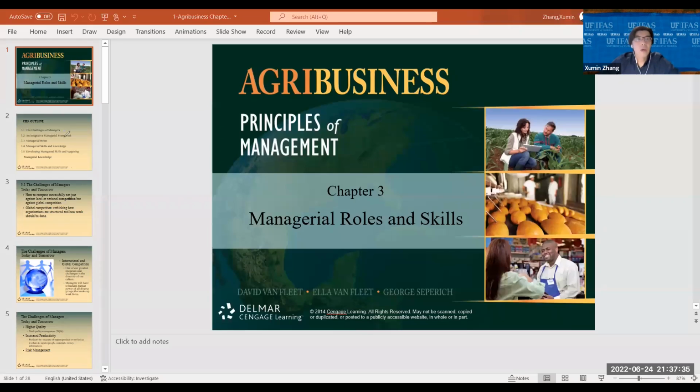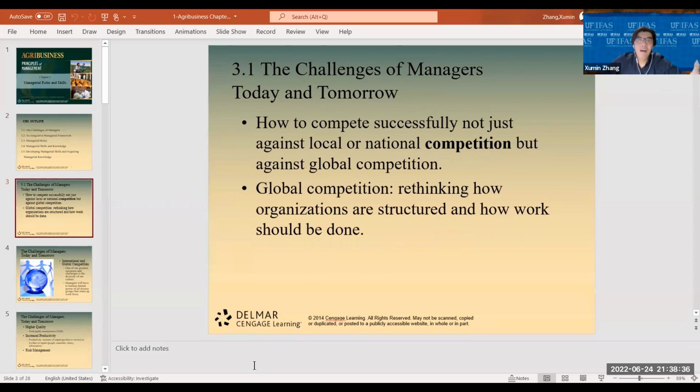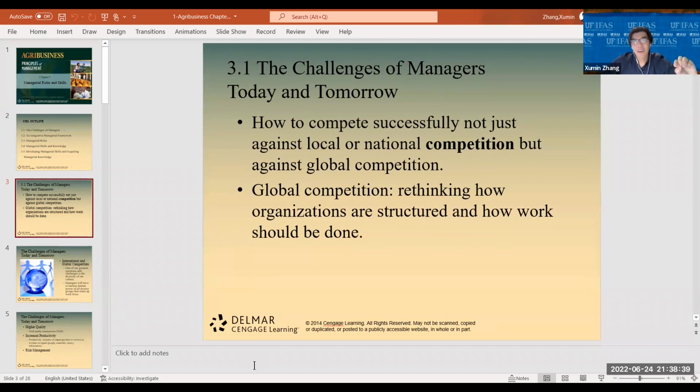In chapter 3, first, the challenge of management. In the last chapter, we talked about management. We defined management, and introduced the classical school, the behavioral school, the quantitative school, and then the contemporary management theory. Usually I call this open system, but we will put them together and introduce you. The challenge, a lot. The textbook only summarized a little bit, so I just follow this outline and try to share my understanding.